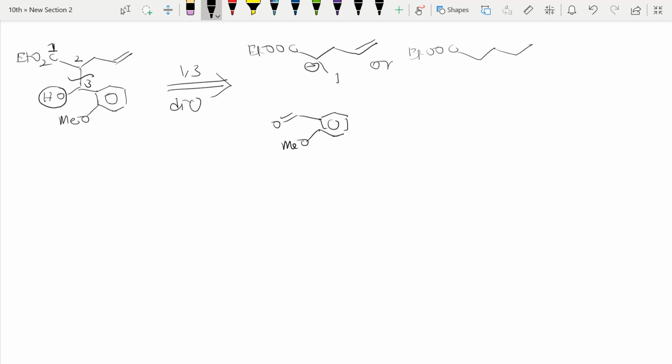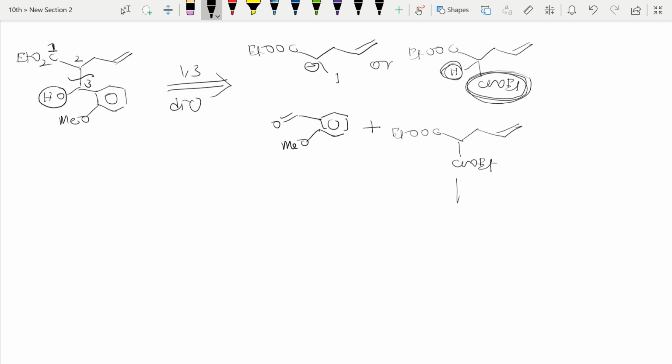Just see here, I will add one more COOEt. Here one proton is there, so here again we will get a negative charge if we use base. But why am I adding this COEt? Because to make this proton more acidic. That COEt I will remove in a further reaction. How I will remove that, when I write the reaction below, you will get to know, right? So my equivalent reagent is this plus this one I am going to use now: COEt, CH2, CH2, this CH, COOEt. I hope you got it.